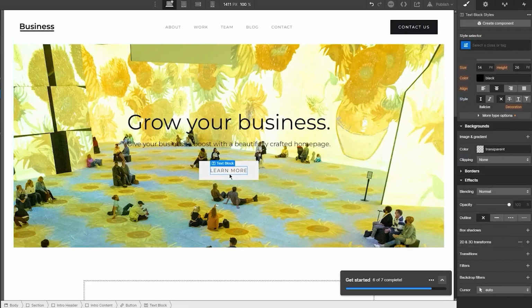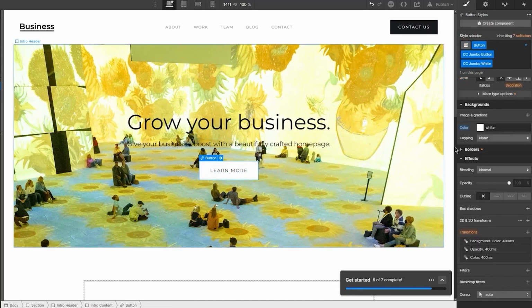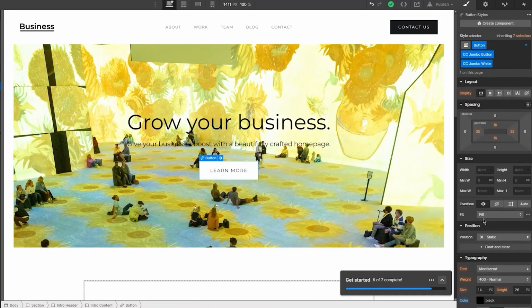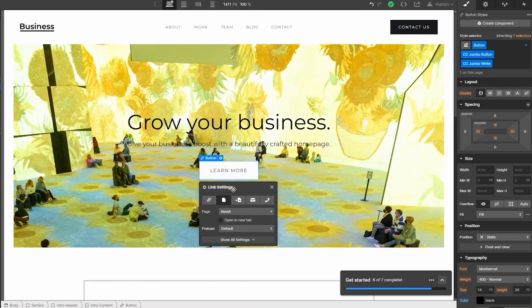And then obviously you have this learn more button over here. You can choose what feature this brings. To see what features this brings, you're just going to double click on it. And you can see this basically redirects you to the about page. This is linked to the about page, and you're going to be redirected straight to it, which is a pretty basic thing to have, a pretty good feature, pretty common feature to have in your business site. So